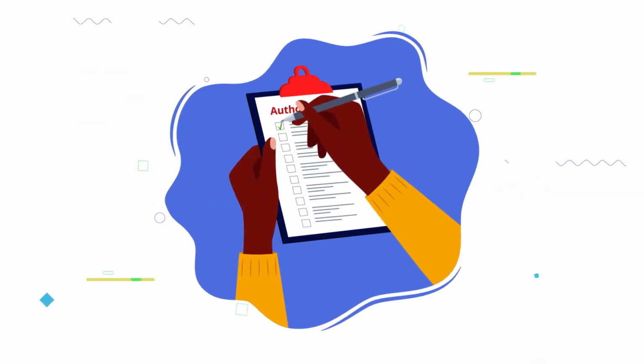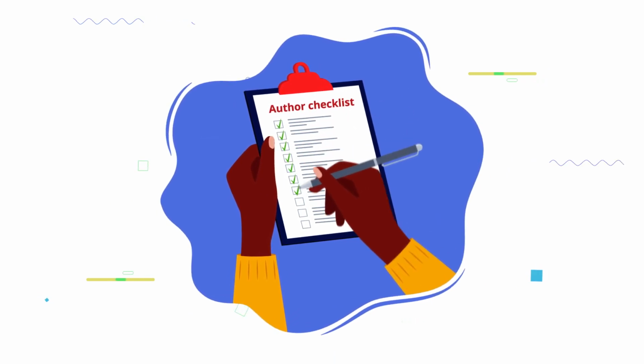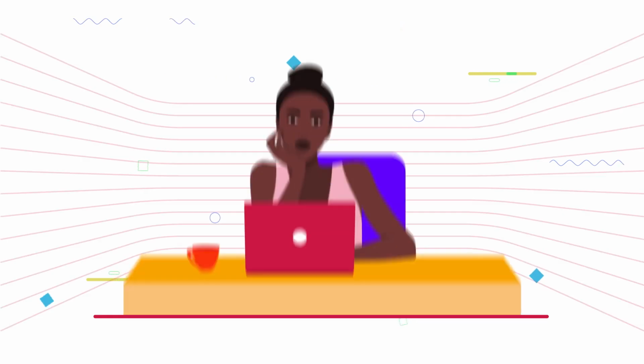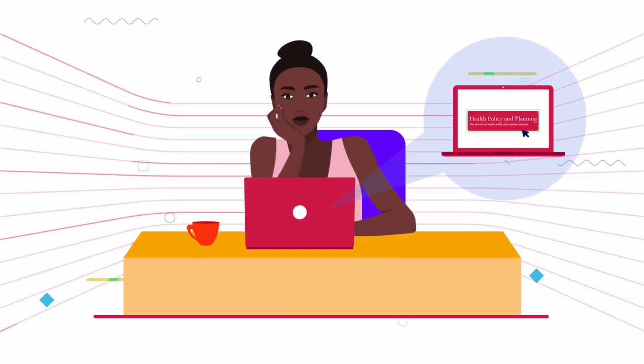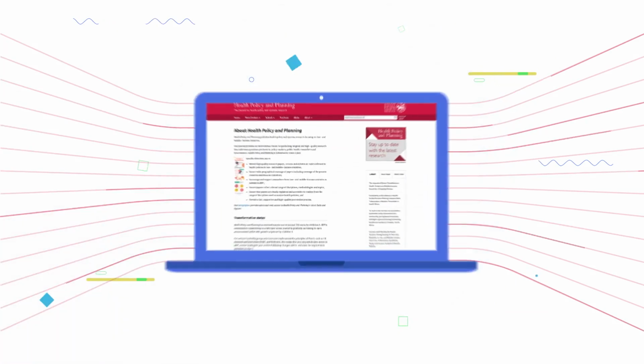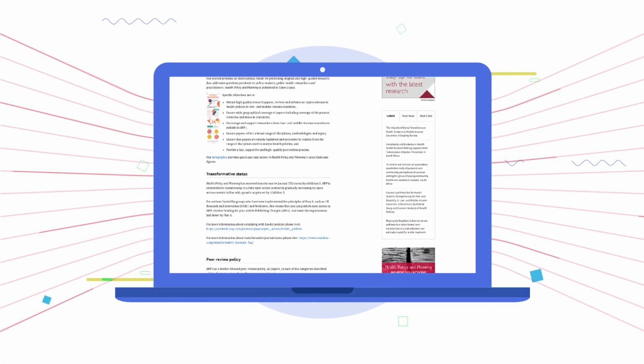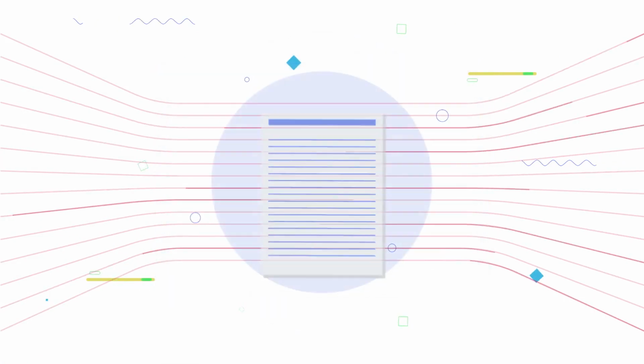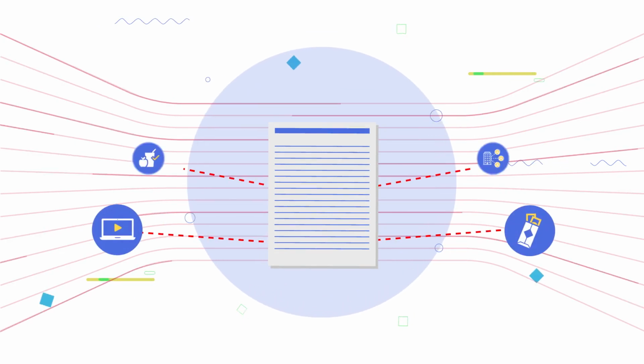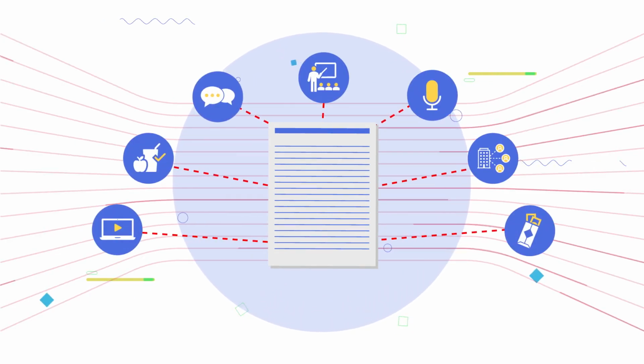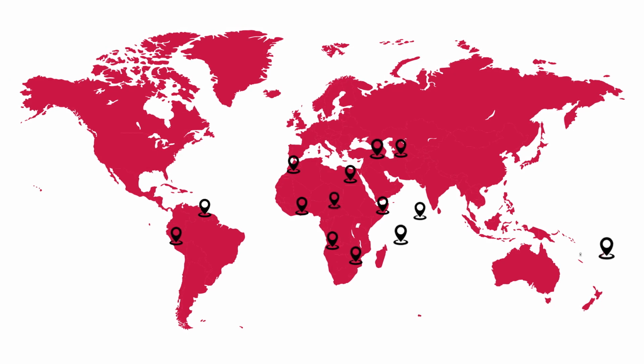We have created an author checklist with our top 10 tips for effective submissions. Tip 1. Read the scope of the journal to determine if your manuscript is a good fit and Health Policy and Planning is the most suitable journal to submit your manuscript to. At Health Policy and Planning, we focus on publishing health policy and systems research focusing on low and middle income